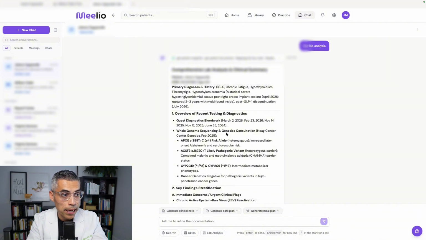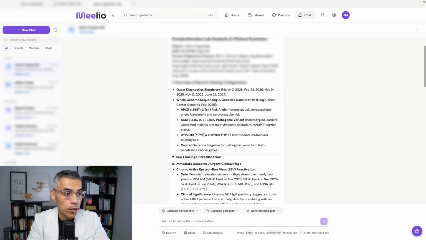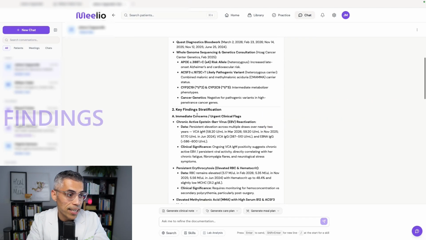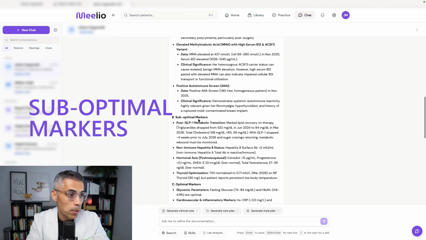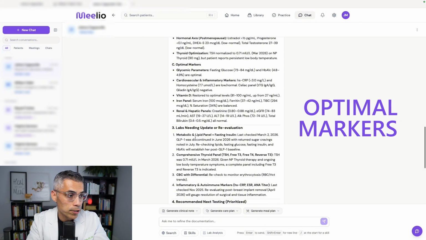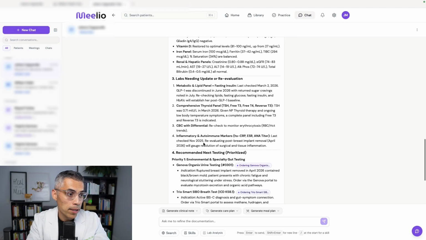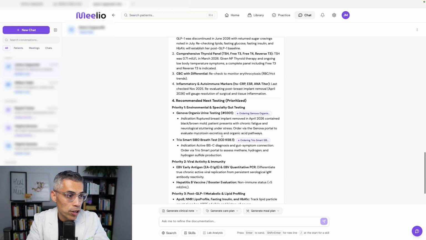So this is a real patient. We're doing a comprehensive lab analysis. So it did do an overview of recent testing. This was her recent blood work. She did a whole genome sequencing. Here are the key findings. Very cool. Here is suboptimal markers. We can go through that. Optimal markers. Labs needing update or reevaluation, so metabolic and lipid panel, comprehensive thyroid panel, CBC, some inflammatory markers we can recheck,